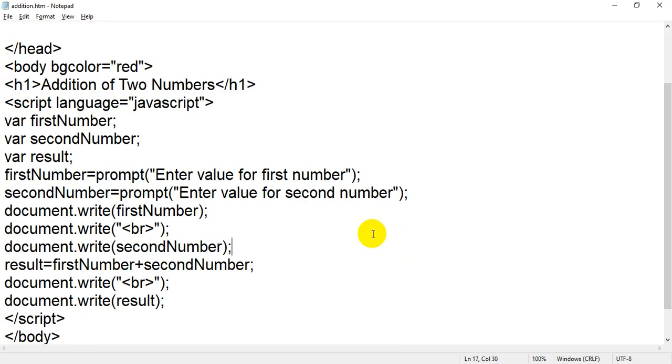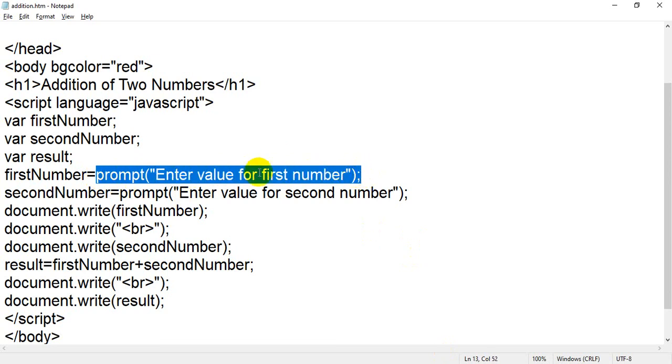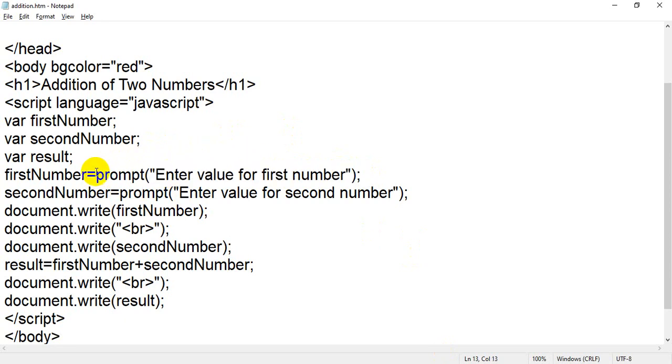So I will just go back, and before prompt, see student, the value accepted from this box, after evaluating this line you will get some value, and that value I am going to change by using the parseInt function. So I will write parseInt, where I is in capital, with brackets, because this is a function.